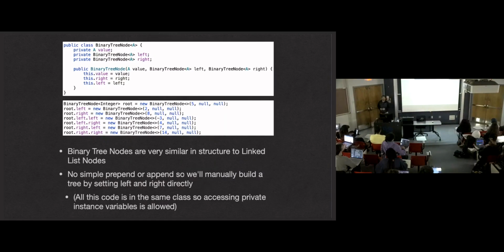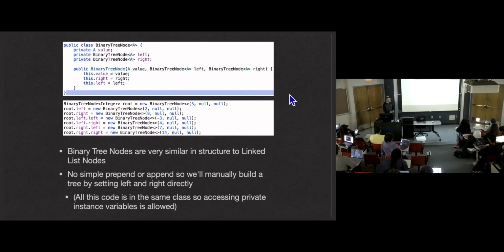And here's the code for this. Our binary tree node class is actually pretty straightforward. We have value and references to two nodes instead of just one like we had for linked list, and a constructor to set those three instance variables. And that's it. Aside from the getters and setters, which are omitted for the slide, that's it. That's our whole class. Unlike the linked list node class, where we added a lot of methods to the linked list node class itself, this is the entire binary tree node class. We're not going to add to this at all.